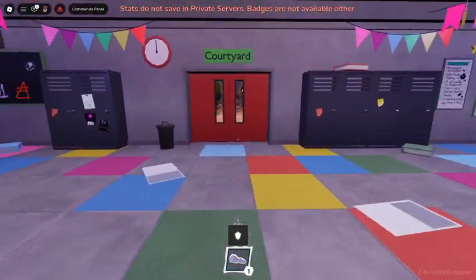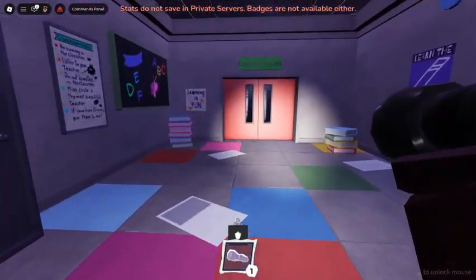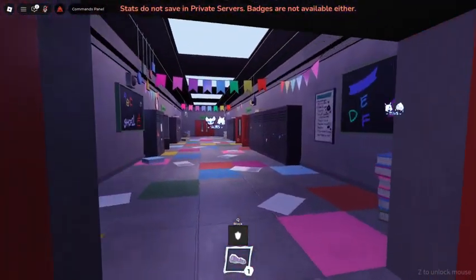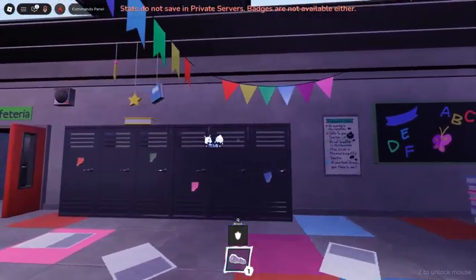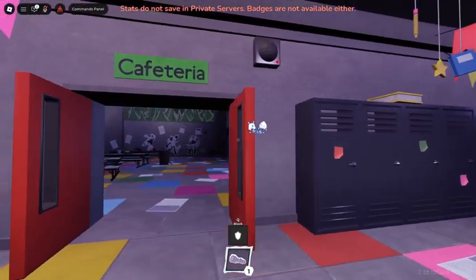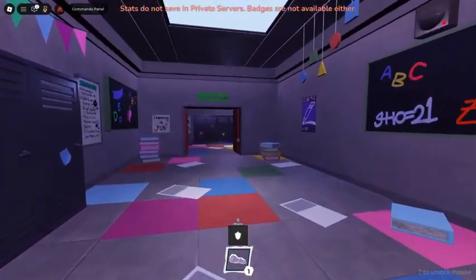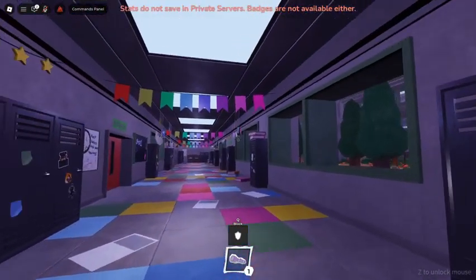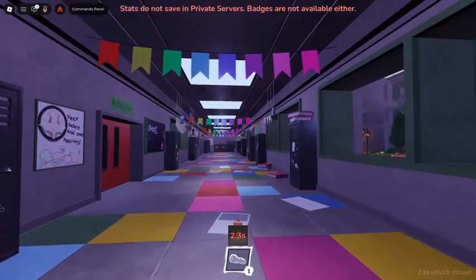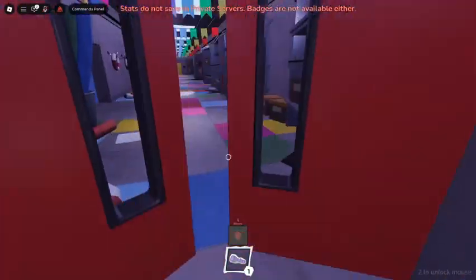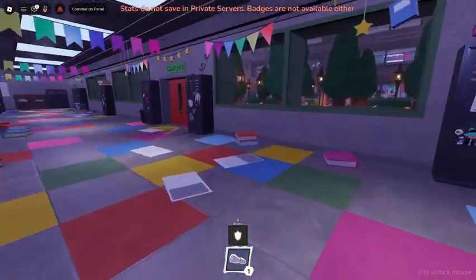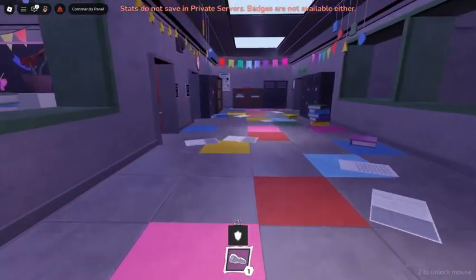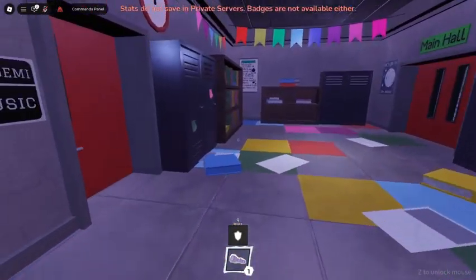Now, as you can see, I already have an item at the bottom. That's a flashlight, which everyone gets. Now, with the item shop, if you do purchase an item, if you die while having that item in a round, you will lose that item. But you will not lose the flashlight. The flashlight you have all the time. And then there is a block ability, which you can use to block teachers' attacks. If you do block a teacher's attack, it does still harm you, but it doesn't harm you as much as it would if you didn't block.